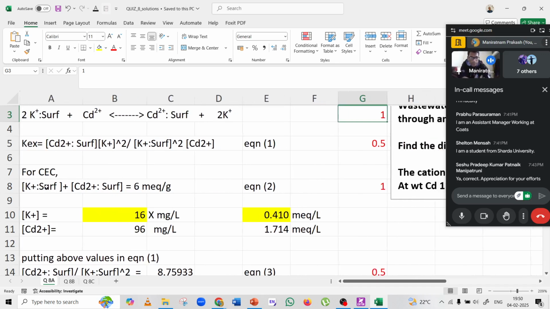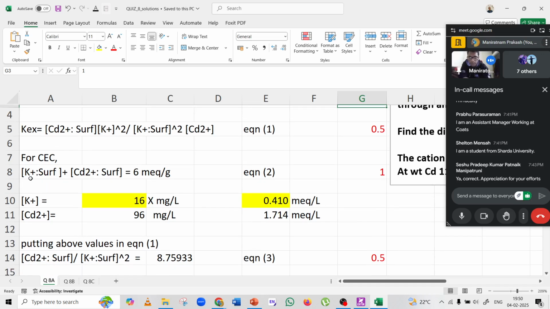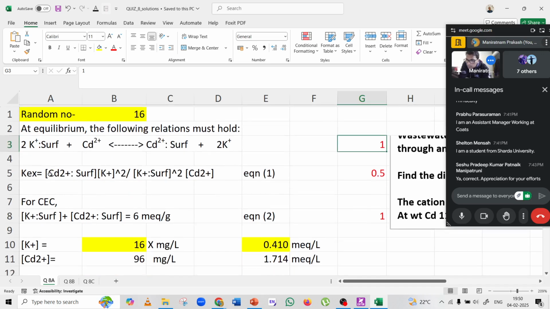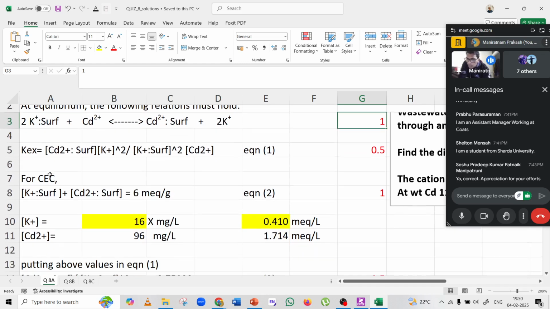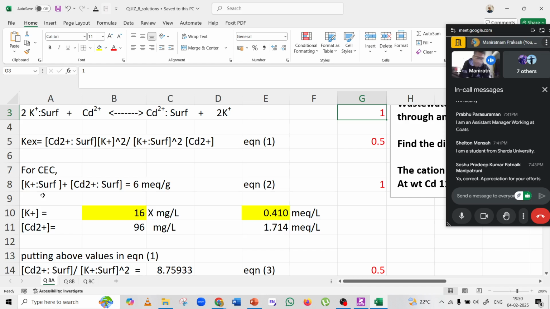Just look at the formula. I hope I'm able to explain it, but you can see this expression. Here is the ratio of cation. The exchange capacity is given by the ratio of this cation per how much resin is there, plus the